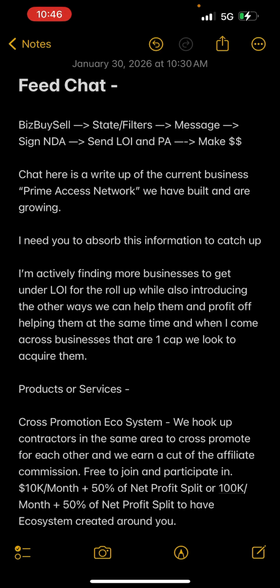The LOI gives us the right to buy the business at whatever price we mentioned and then to resell it. The partnership agreement gives us the right to deploy our cross promotion, government contracts, AI services, and all the other things that we do to help increase the EBITDAs of companies into that business owner's company. And either they pay us for it up front and they give us a percentage of the profits, or they give us half of the profits that we generate for them,